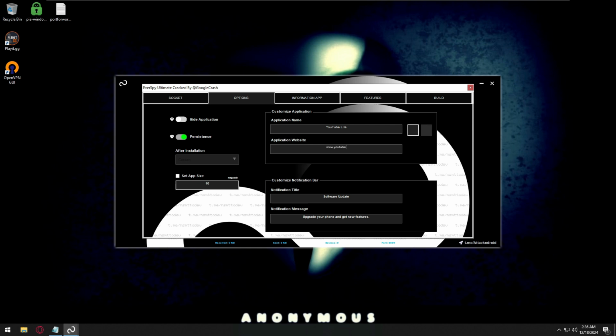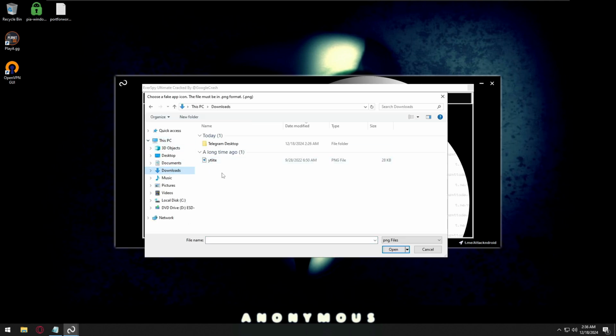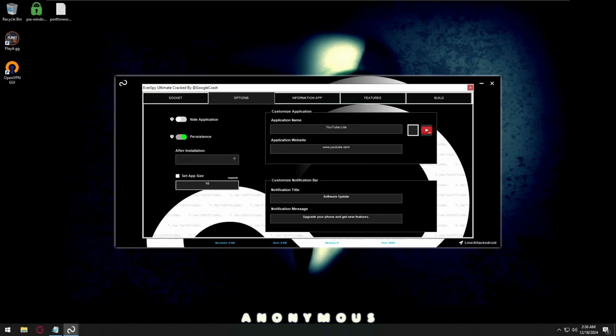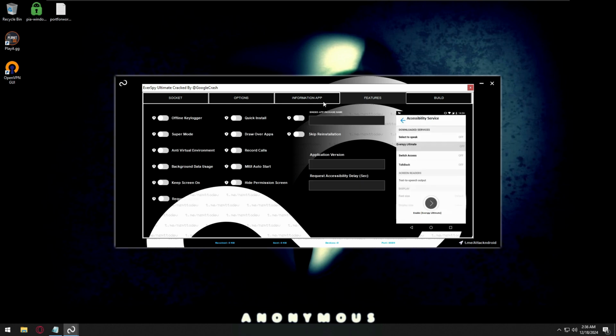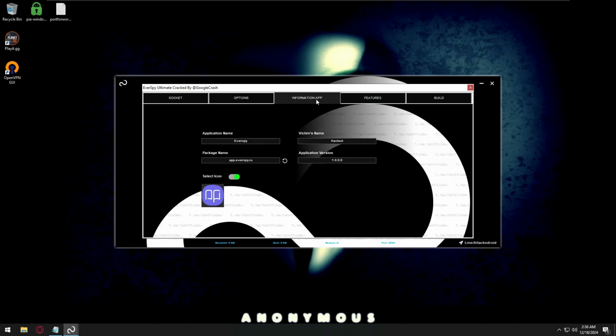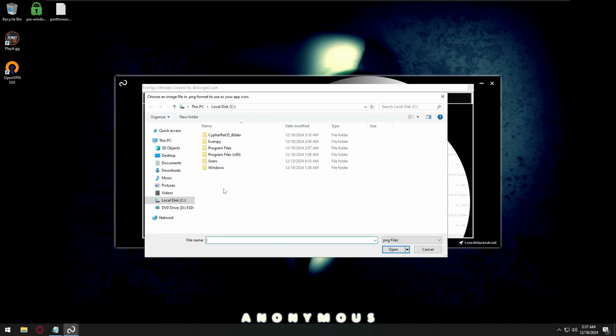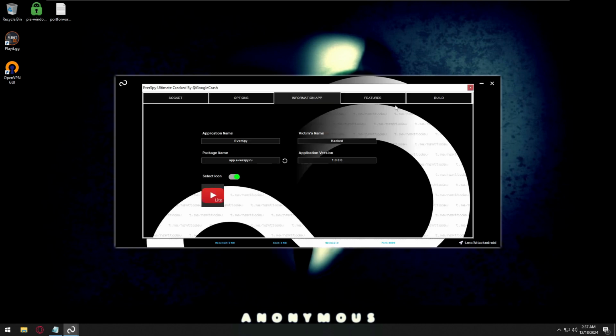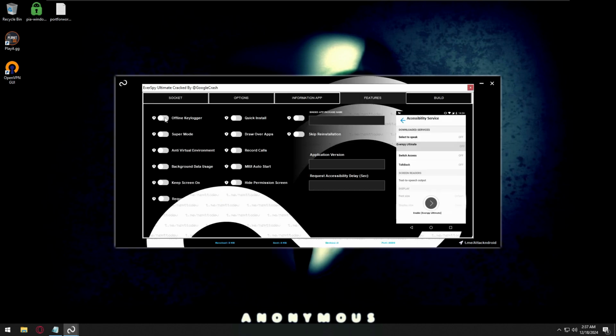In the next step, you have to add an icon. After that, we can also write a custom notification here. You need to go to the information app, and here we will write Vikram's name, but we have to give the icon here again. In the next feature, we need to add the offline log, super mode, and hide permission